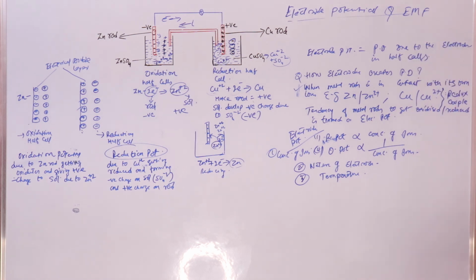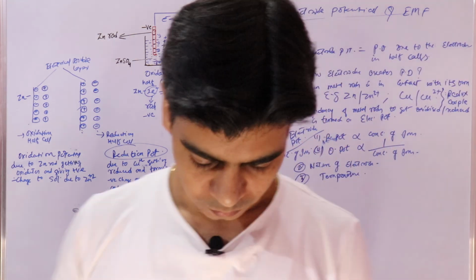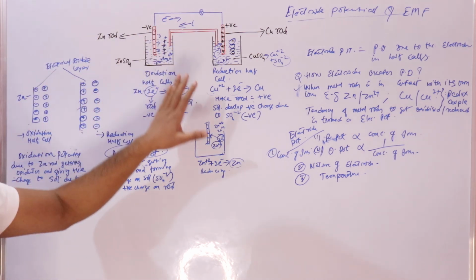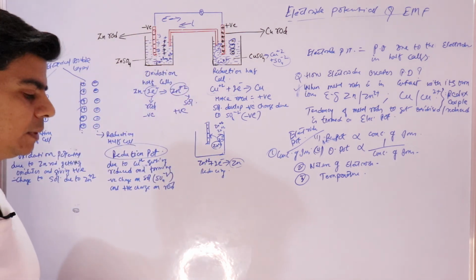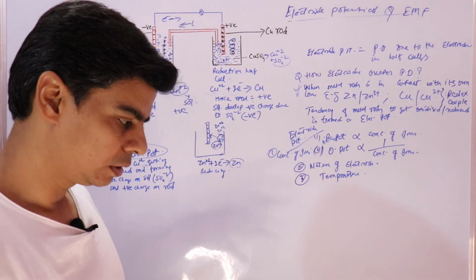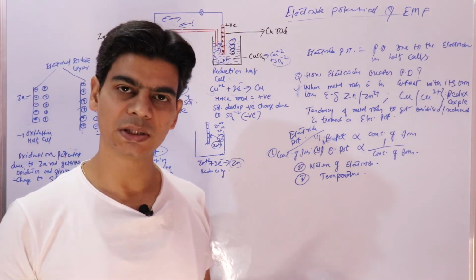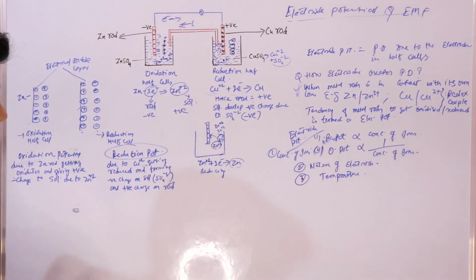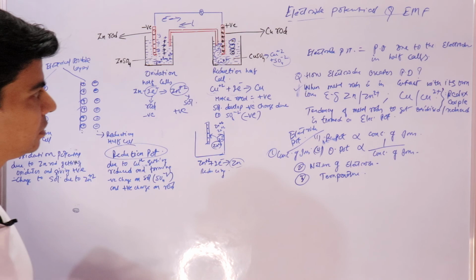Now if we calculate the electrode potential at standard conditions, by standard conditions I mean the temperature is 25 degrees Celsius and the solution that we have taken is 1 molar, right? So when this electrode potential is